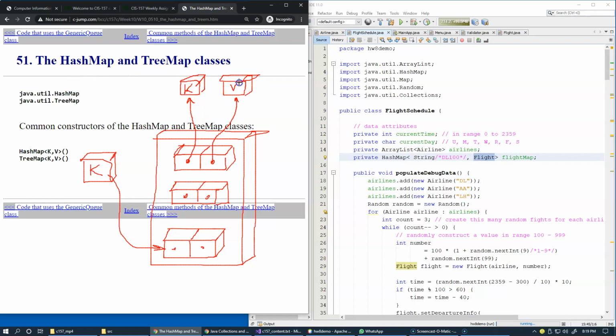We have keys and values, and values we technically store as elements inside the HashMap container or TreeMap container. And for each value, we must provide a unique key. The key has to be unique. It cannot be duplicated. And then once we populate it with some entries that are made up of pairs of key and value